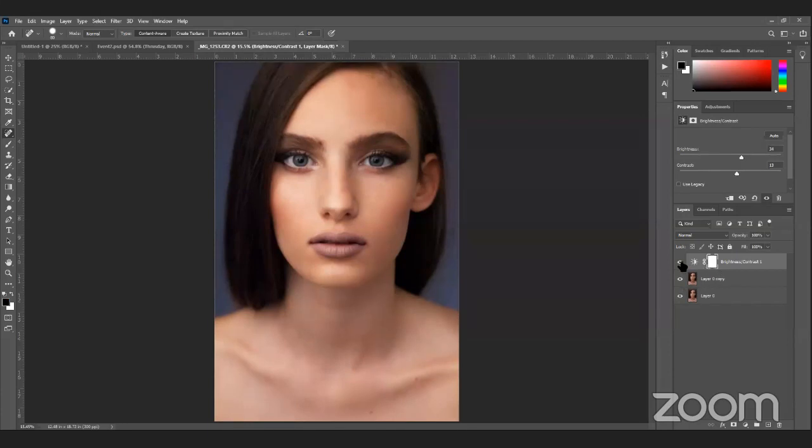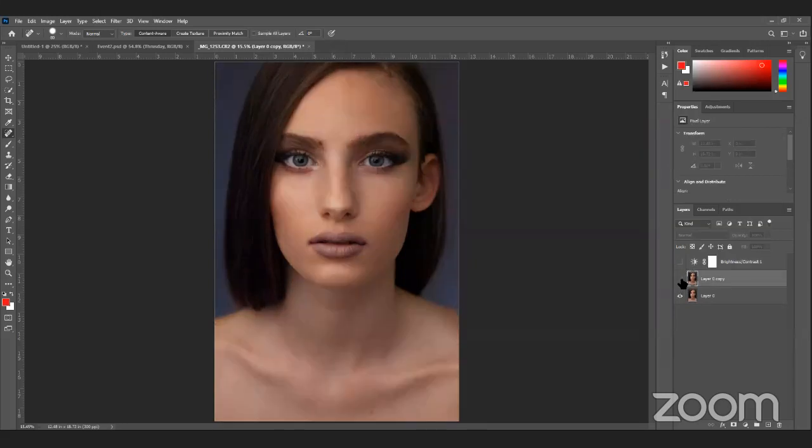So again, this is before and this is after. Before and after. So you can see, just little tweaks using the right tool, and using the right tool in the right way, you have your perfect image. Not perfect, but at least it is better. Okay, I hope you have understood this.